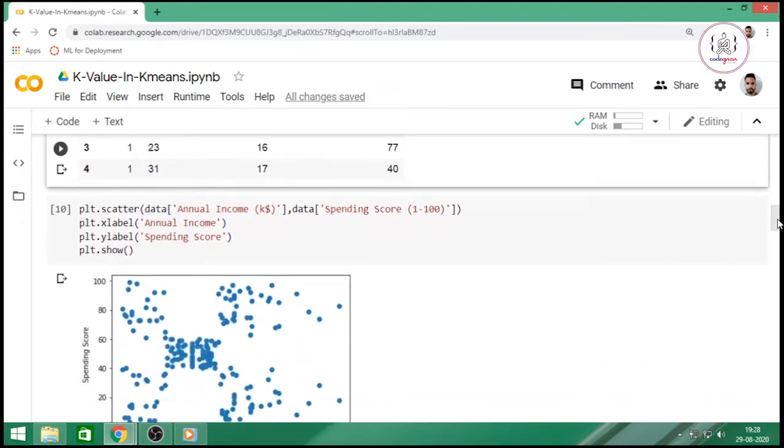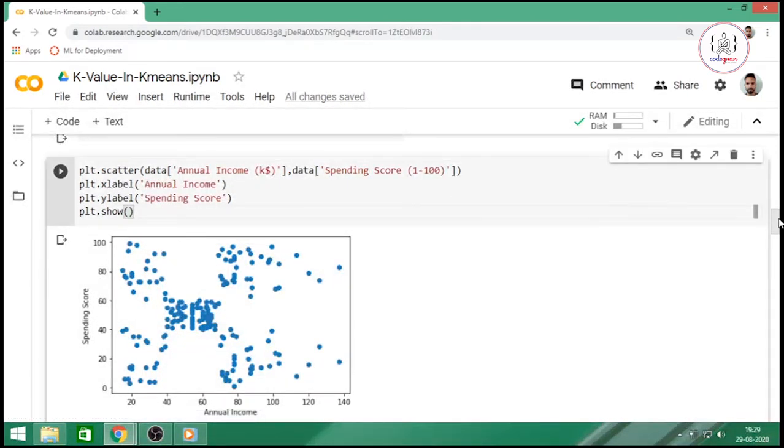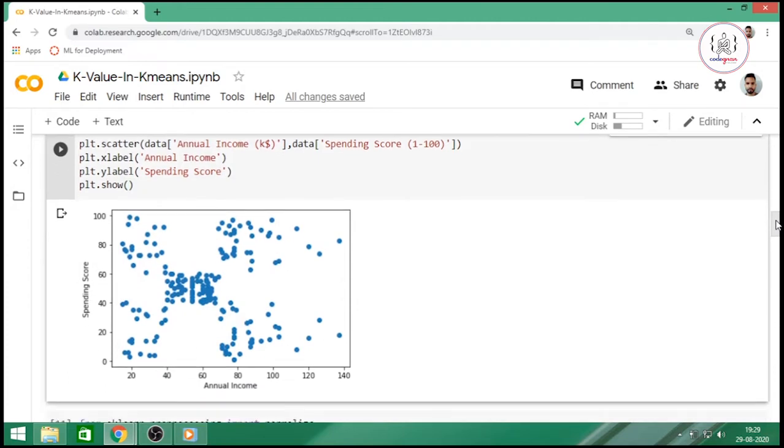In this scatter plot we are plotting the annual income and spending score of the customers. If you look at this graph you can think of different numbers of clusters.